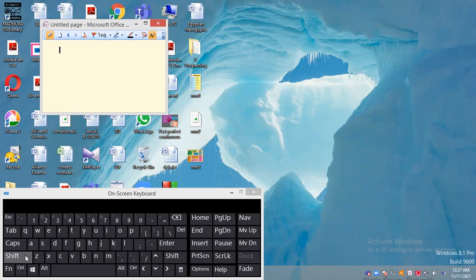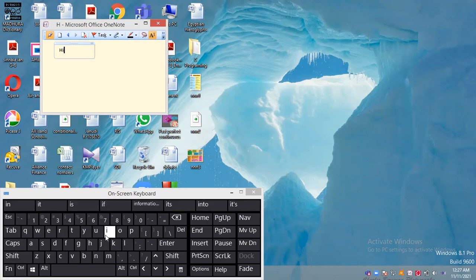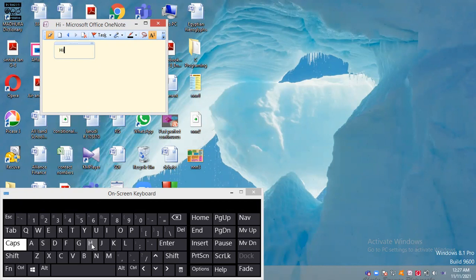See, now I'm going to type, hi, I'm Janvi. So how are we going to capitalize a letter? If you like, you can use caps lock or shift. I like to use shift. Click shift, then hi. Now hi is capitalized. When you are using caps lock, you must click caps lock once, then hi.